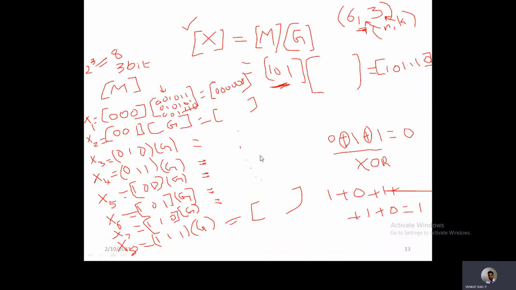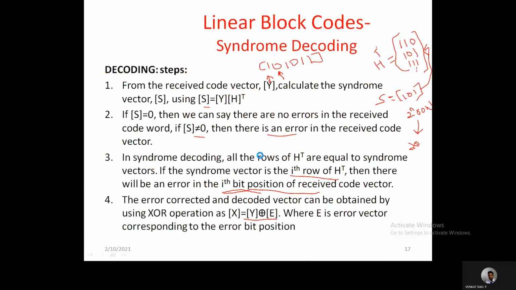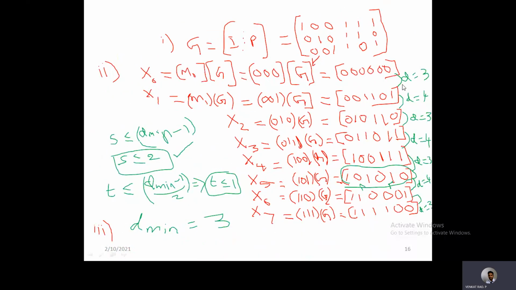To find D minimum here, first we need to find all the D values, that is, the Hamming distances between the code words. From these two code words, the number of bits in which they differ is nothing but the Hamming distance. Here same, different, and different. So in 3 locations they are different, so the Hamming distance is equal to 3.